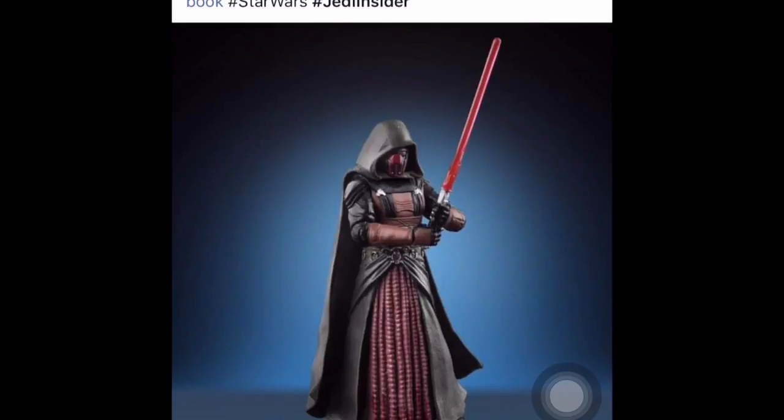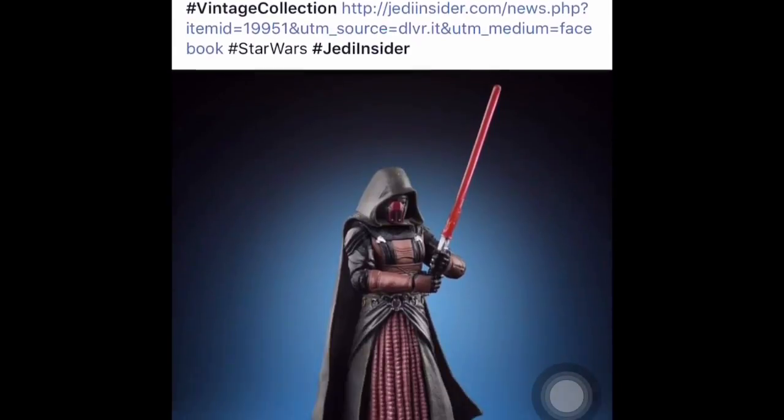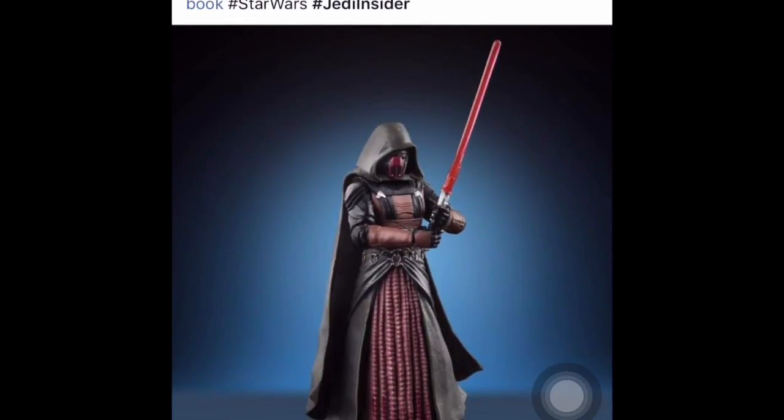Wow. Okay, I've sold my entire collection of the vintage collection line. I mean, I was moving away from 3.75 inch. I was just keeping them mint on card. I couldn't play with them because I would ruin the value. I decided to sell them to my several buddies, collectors who were really into the line, who would take better care of it than I would. Sold off my entire collection, and now Hasbro does this. They come up with really exciting vintage collection toys, and I am like, do I go back to 3.75 inch collecting? And I'm like,